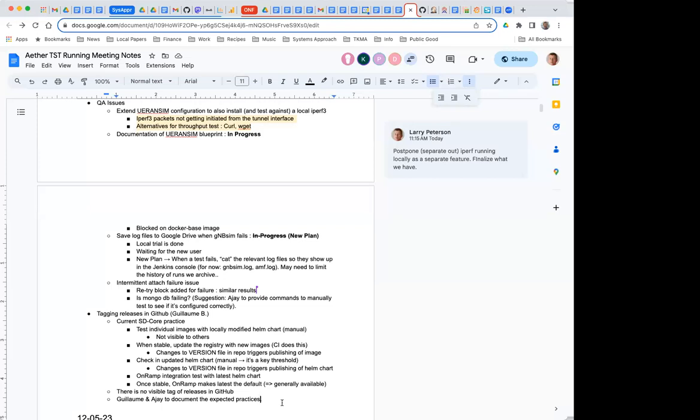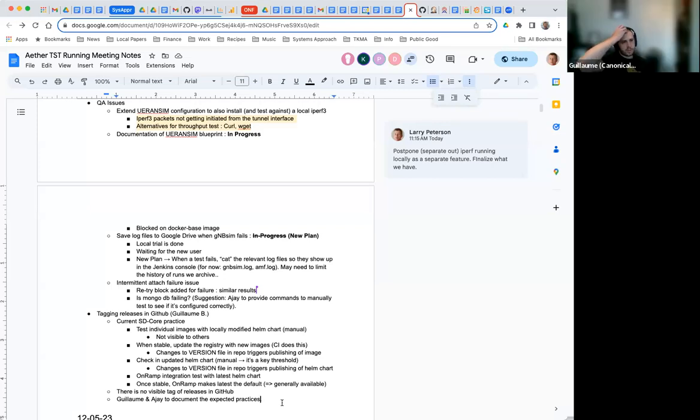My understanding, which may be incorrect, is that the practices between, for example, ROC and SD core and SD-WAN were not 100% consistent. So the more we could bring them into alignment, probably the better, but I don't think it necessarily has to be, as long as they're all documented. Yeah, and also in alignment with, honestly, most big open source products, which will tag releases on GitHub. From a developer perspective, it's really helpful.